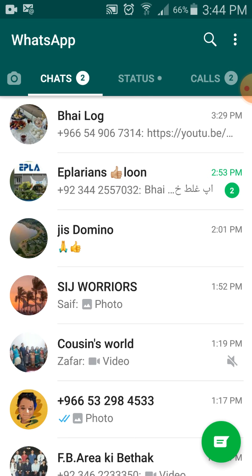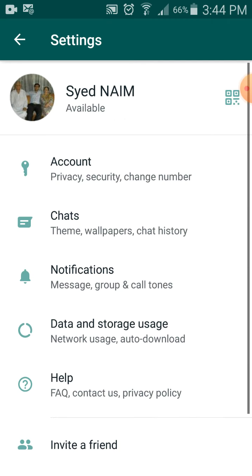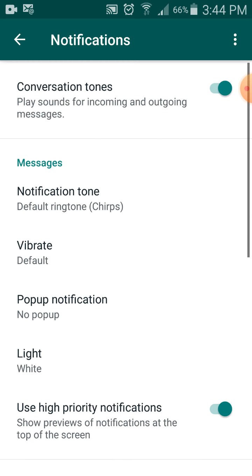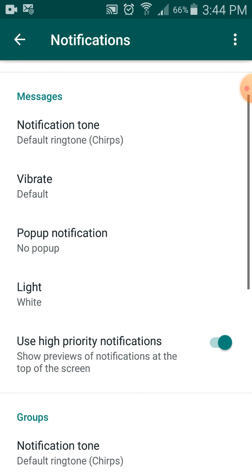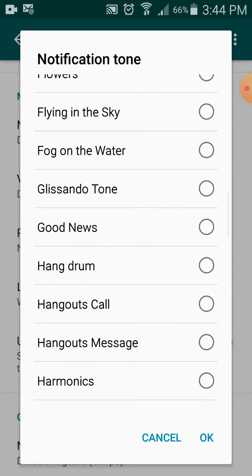Now the second thing I will show you. In the settings, you will click on these three dots, go to settings and go to notification. Once you go to notification, you can change your notification tone, which tone you want to keep when notifications, messages or videos come.